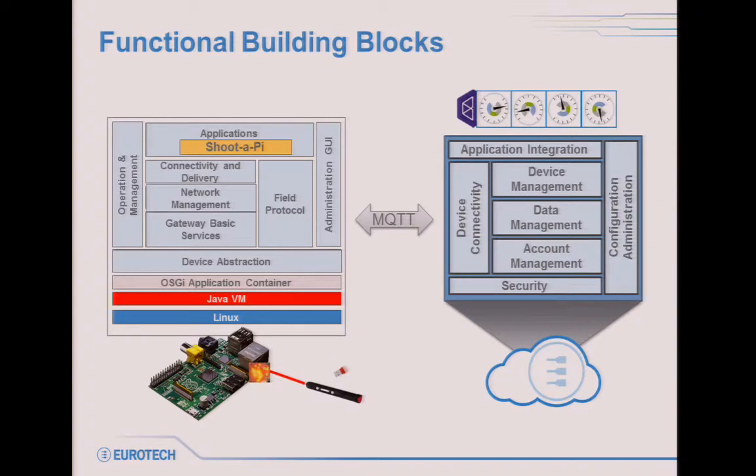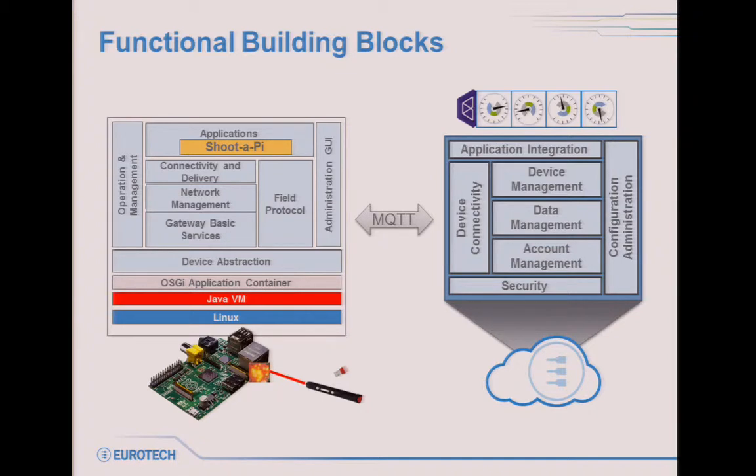Then you have the gateway basic services, the networking management, so you can finally also use it like a router. That is, this shoot.pi on the Raspberry Pi has routing capability, NAT capability, DNS capability, firewalling capability. There are two firewalls, one at the edge node and the other one in the security layer here. So you protect it here and here. Then you have the connectivity and delivery, where you hide the Paho MQTT client, and you manage the recovery of the session when the session gets broken.